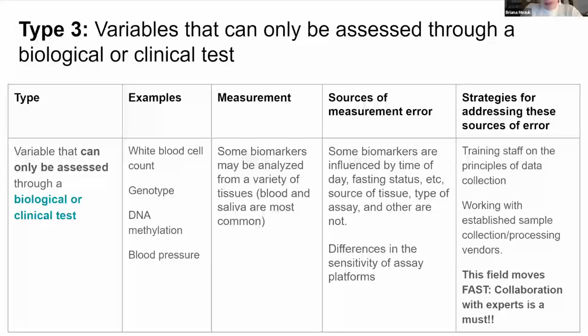So again, this is a variable that can only be assessed through biological or clinical tests. For measurement strategies, there are lots of different tissues that we collect data from. Blood and saliva are most common. Sources of measurement error with these types of variables are that some biomarkers are influenced by the time of day, the fasting status of the participant, the source of tissue, the type of assay. Some of these biomarkers are sensitive to those types of things, and some are less sensitive. There's also differences in the sensitivity of the actual assays that are used to estimate, how much CRP, for example,